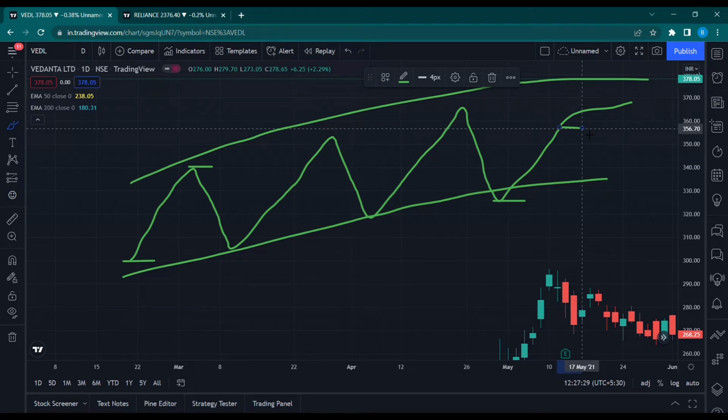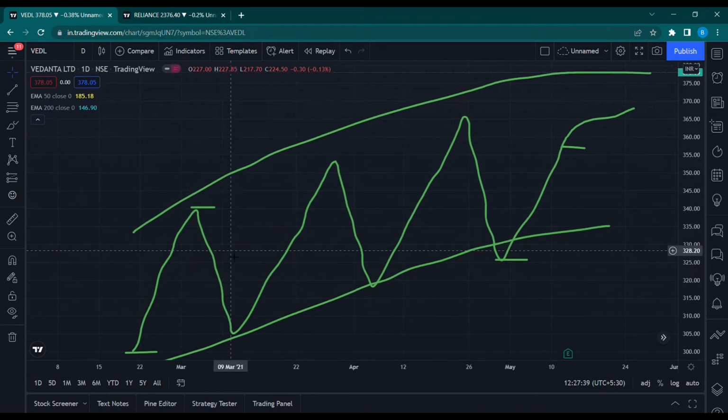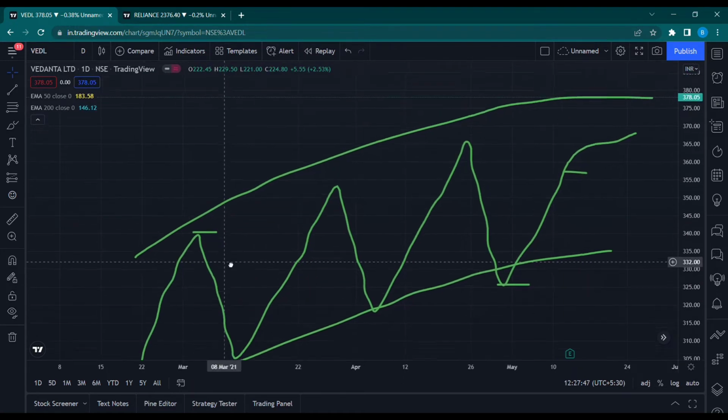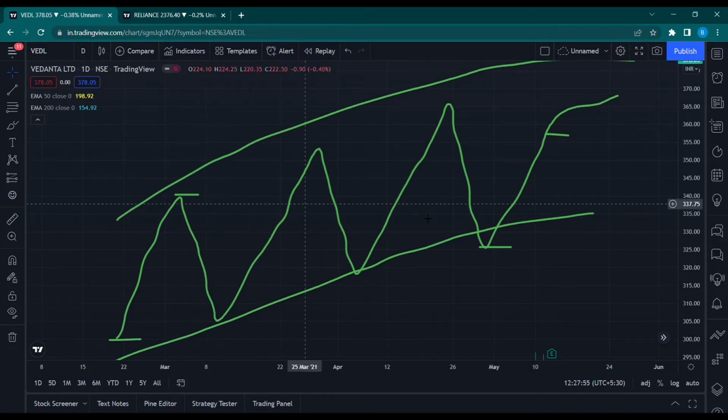So the average direction or the average price movement is on the high side, right? If I zoom in a little bit, this should be clear. Prices are going up, but in a zigzag fashion. It is making highs, making lows, again making highs. In that manner it is moving up. This is the price action, and it tells you the trend.